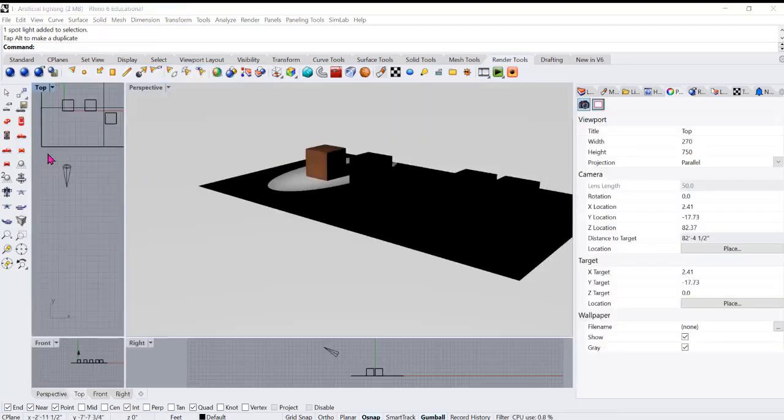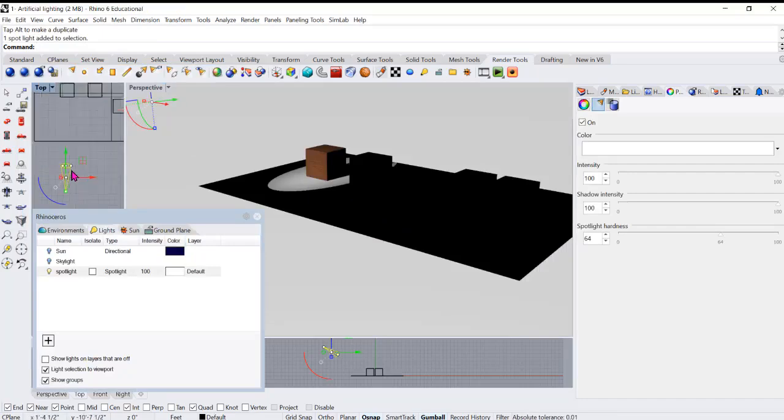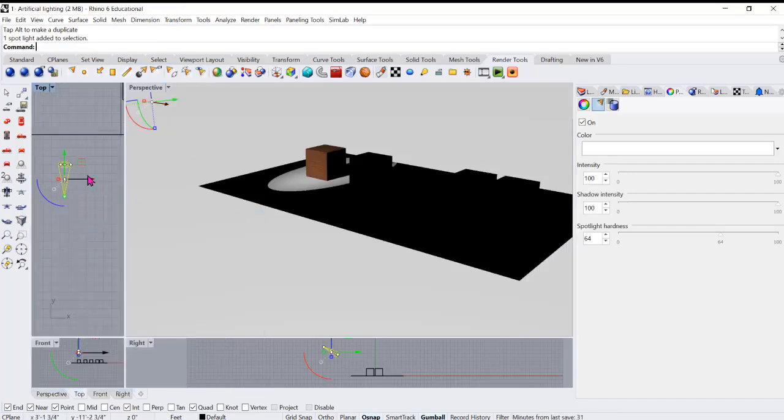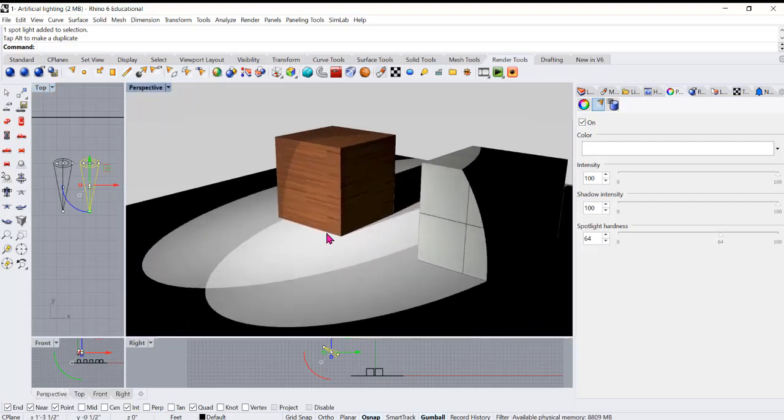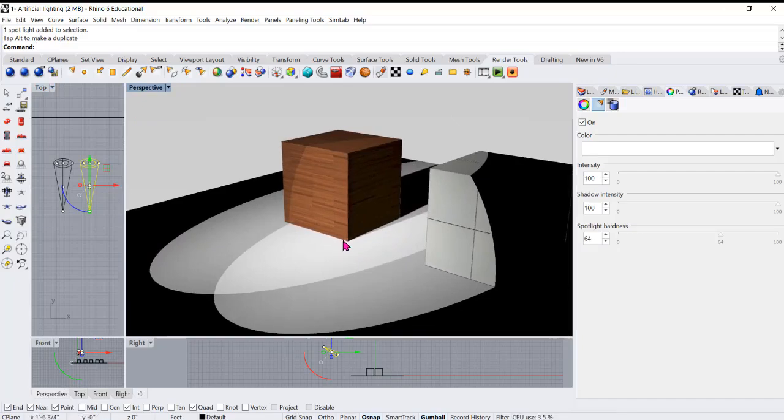Since lights are actual objects, you can copy the lights as if they were regular objects, using the gumball or using the copy command, or you can place another light. So I'm going to create a copy of this one. I'm going to hold shift and copy with the alt key and the gumball. So right now those two lights are generating, and they're not only a light source, but they're both generating